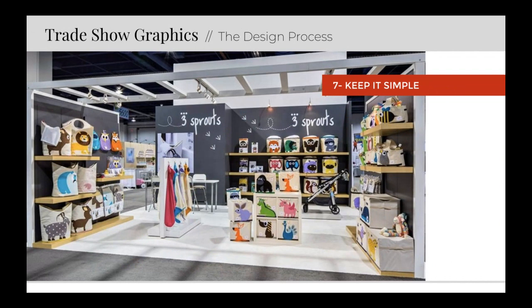For the trade show environment, the graphics should be positioned at eye level so they're not missed. The average American is 5'6" to 5'8", so therefore keep in mind the message should be at that level and should extend roughly 30 degrees up or down from any average eye level. Otherwise, the message might be missed. And that